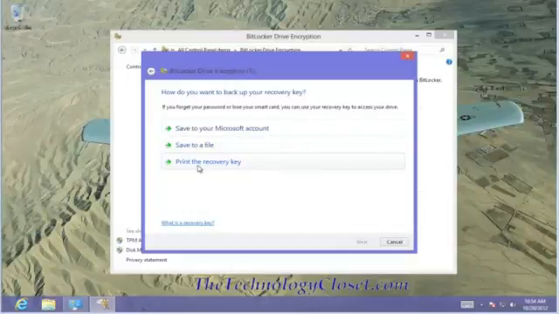I would recommend that you don't print it. If you have a Microsoft account, well, you're putting it up on that account, and it by its nature is unencrypted. So you're having to trust the account. You could save it to a file. Save it to a file, at least in the file you could take that off and save that somewhere else, and at least you'll know where it is. I like to save to a file,